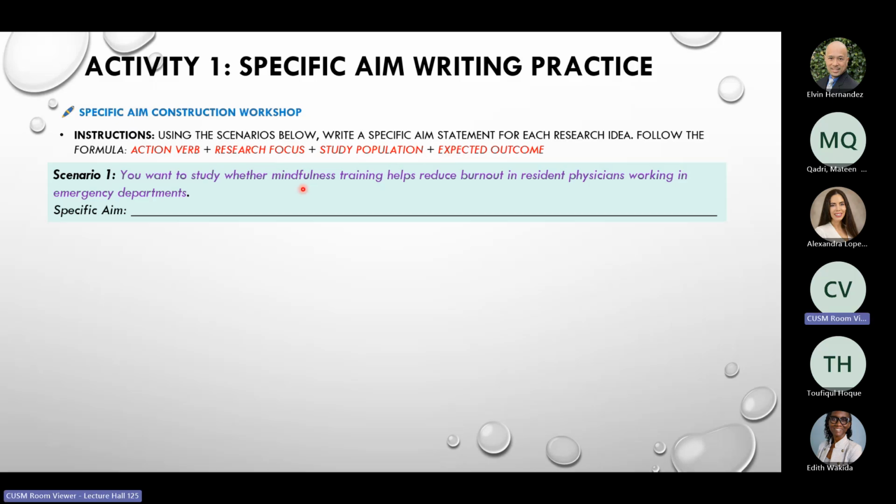Our first scenario is scenario 1 of a research activity where you want to study whether mindfulness training helps reduce burnout in resident physicians working in emergency departments. Most of your work is already completed here because we've identified a gap, and our gap is looking at mindfulness training. The outcome is burnout in a specific population of resident physicians, and they're working in a specific geographic location